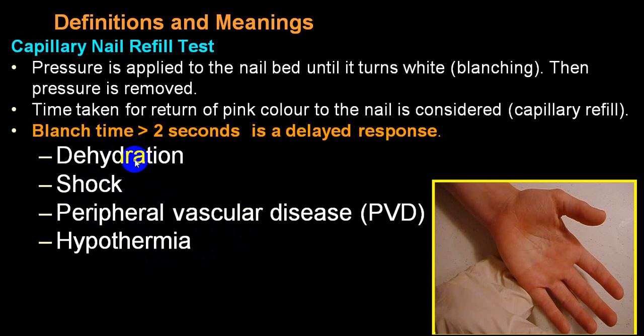Also, in a case of severe dehydration, because of a peripheral shock, you will have a delayed capillary refilling time. Same thing you can do in a nail bed. You will have to press the distal part of the nail, look at the pallor, relieve the pressure, look at the blanching, that which has turned pale or we call white. How much time does it take to become pink? It should be less than 2 seconds. Then we call the capillary nail refilling time normal.